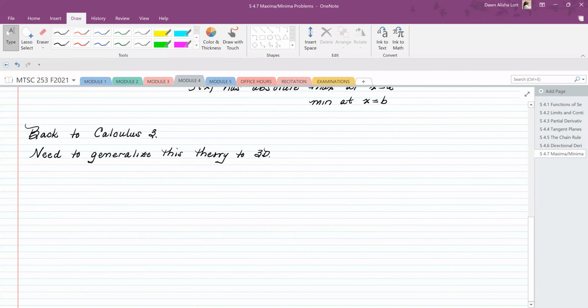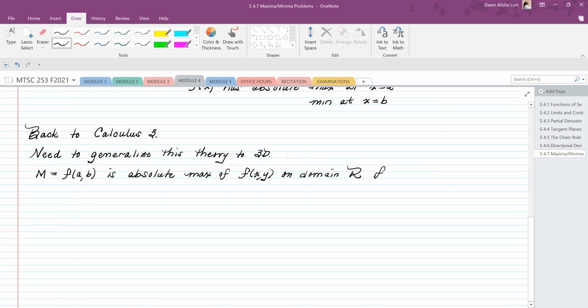So the first thing is we're going to define M equal to f of A, B. This is the absolute max of f of x, y on a domain R, if M is bigger than or equal to f of x, y for all x, y in my region R. And we're going to define little m to be f of C, D, the absolute min